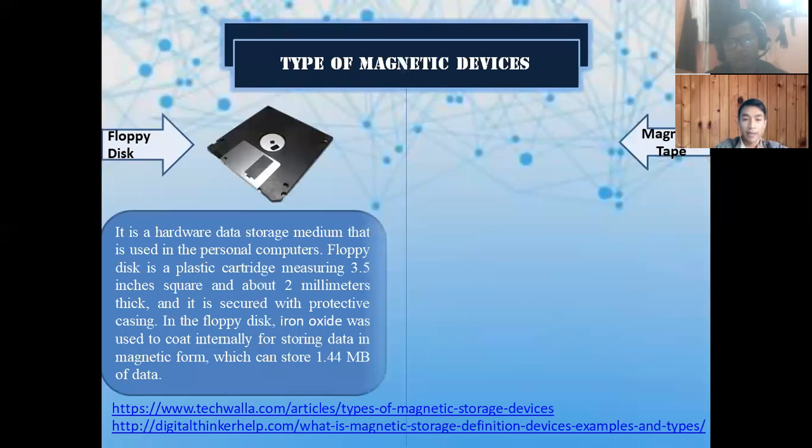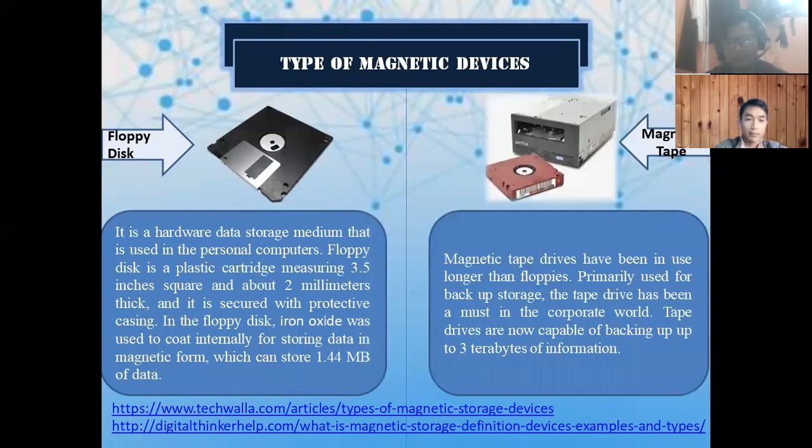Next topic, that is a type of magnetic devices. The first one is the floppy disk. It is a hardware data storage medium that is used in personal computers. The cartridge measures 3.5 inches square and is about 2 millimeters thick. In the floppy disk, iron oxide was used to code internally for storing data in magnetic form, and the floppy disk can store